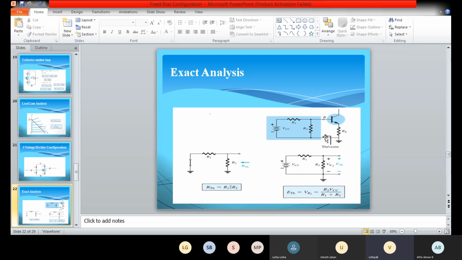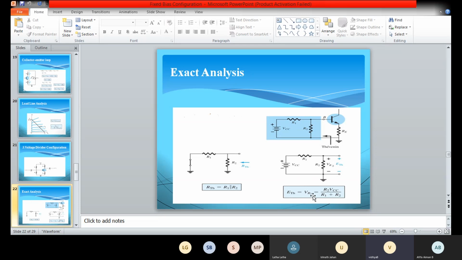We will apply Thevenin's theorem. You will read Thevenin's theorem in detail in ECA. If we apply Thevenin's theorem, how will you get ETH? First, we will make the load 0. We will only consider the resistances. Input will be